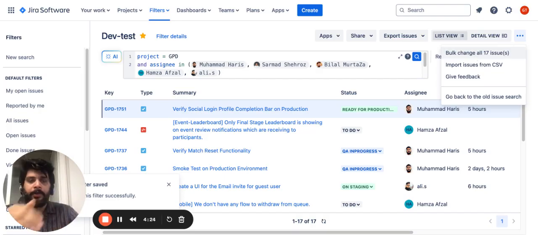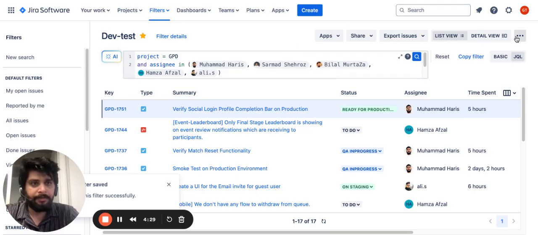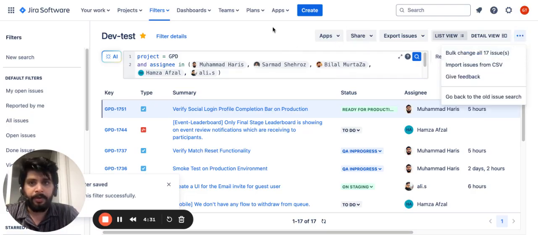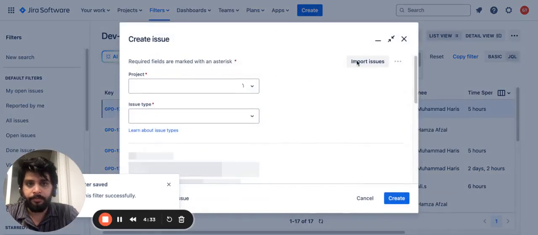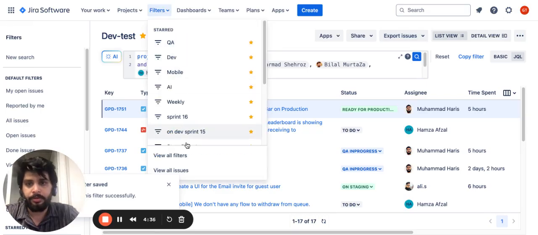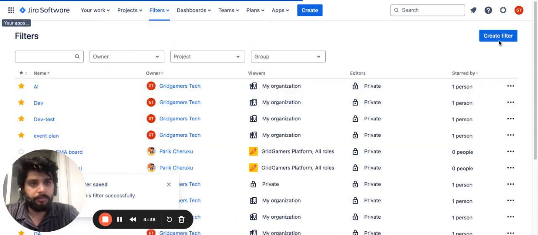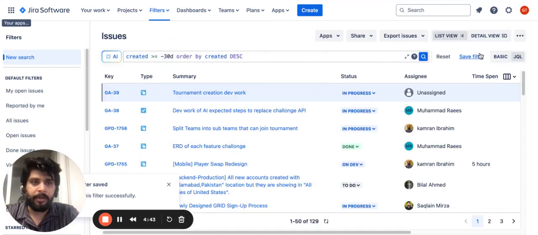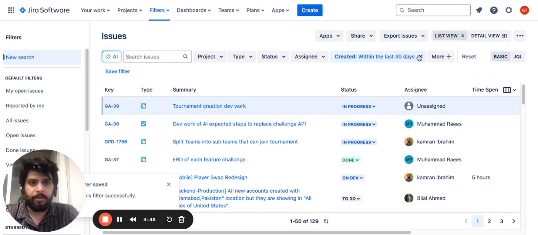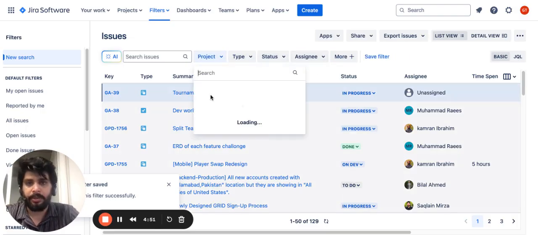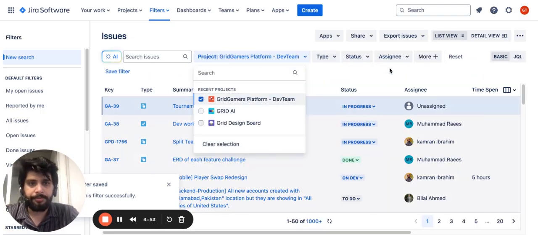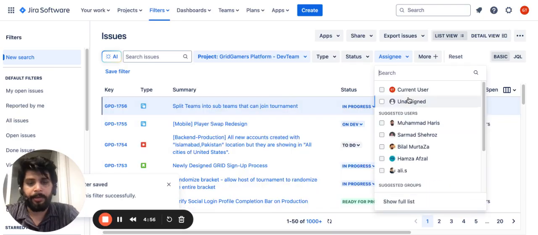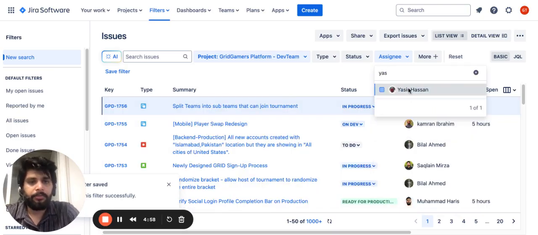Sorry, my bad. So let's say if you want to create another filter to have the QA team there, then you will have to create another filter. Let me go back to filters, view all filters, create a filter, and then again same. I will go with basic. I'll clear this, and then project, good gamers, shiny, maybe